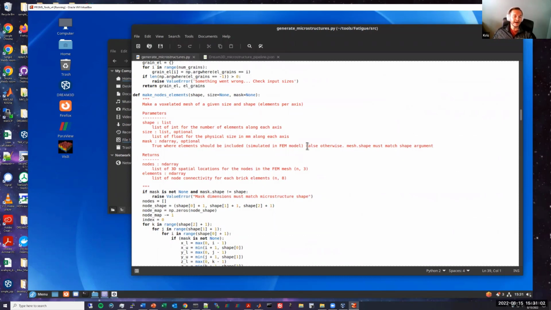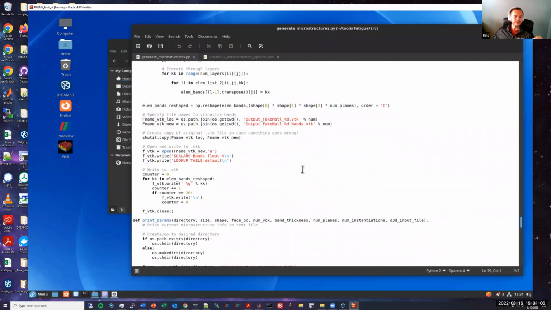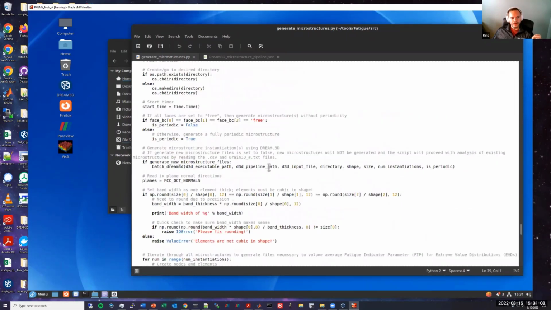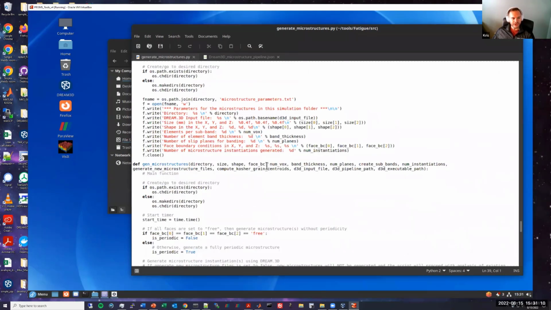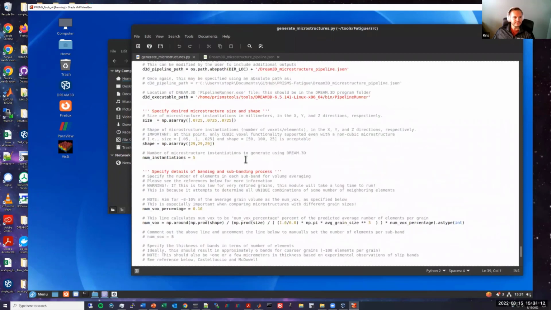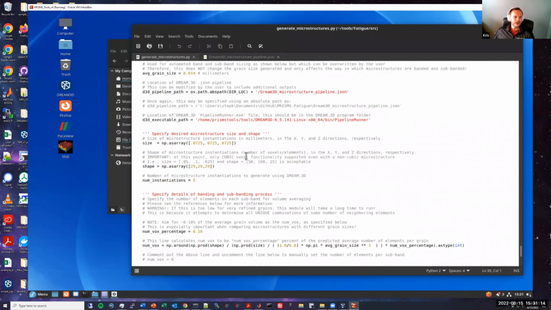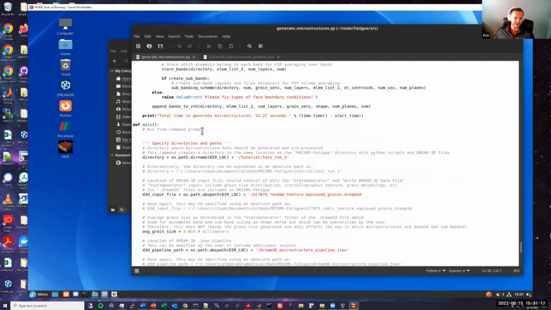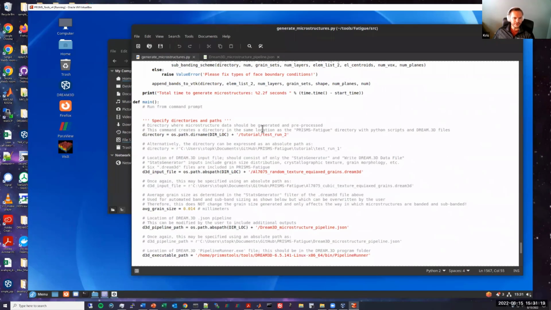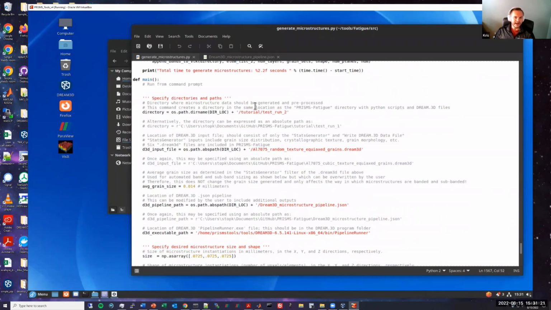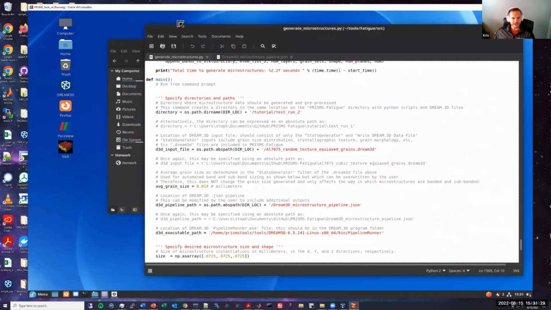Unless something breaks, unless you have an error message, or unless you actually want to make significant changes to the code, I would not change anything in the other functions. So let's just focus on this main function here. I'm going to talk through each one of the options, and then I'll talk through how we can actually execute this script. The first thing that we will want to change is this directory